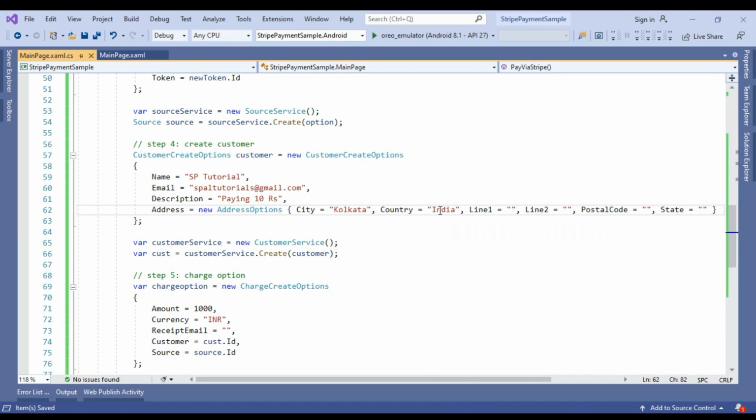I'm passing a hard-coded address here, but when you implement this Stripe payment gateway in your application, make sure that you dynamically assign this data.